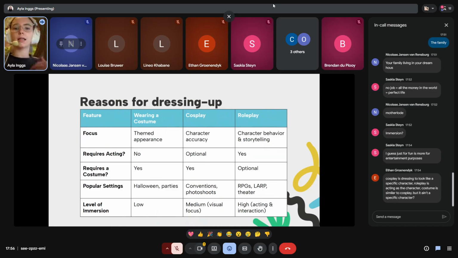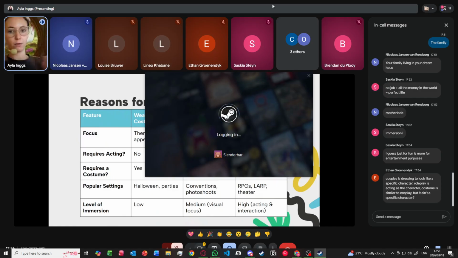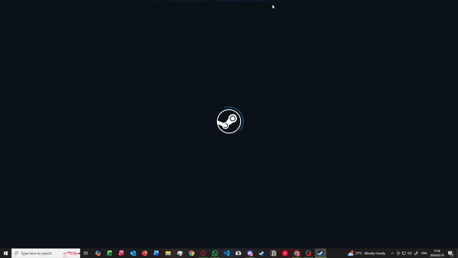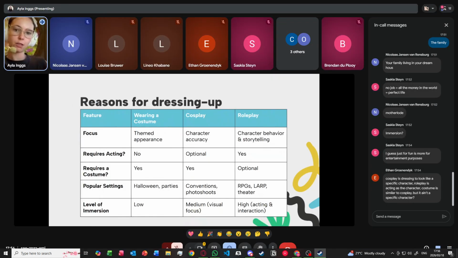And the level of immersion here is more of a medium immersion. The reason I say it's not low is because typically at conventions, you might still have to put on a show, which makes you feel like you are that character. If people want to take pictures with you, or identify you out in public and ask you to do certain voice lines, the immersion there is a bit higher than just dressing up for a Halloween party.